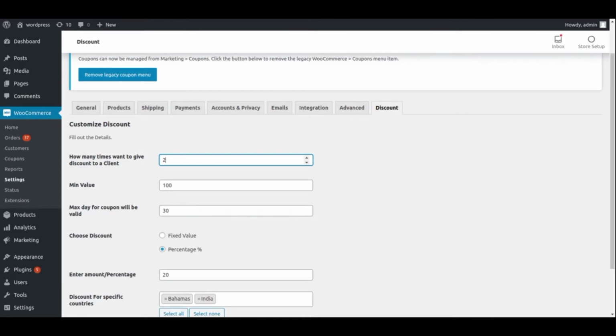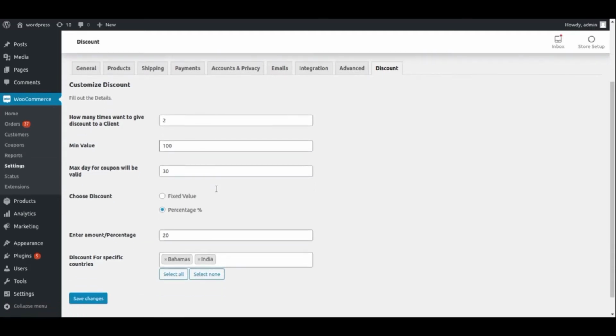Then there's a min value. Min value is a threshold value at which point the coupon will be generated. It means if a buyer buys any product which is more than 100, or its billing amount is more than 100, then this coupon will be generated on your thank you page.